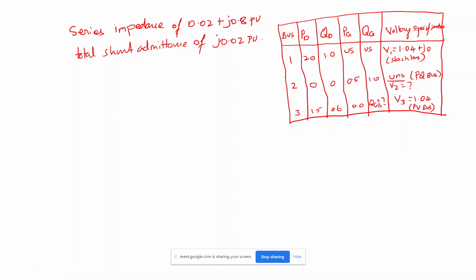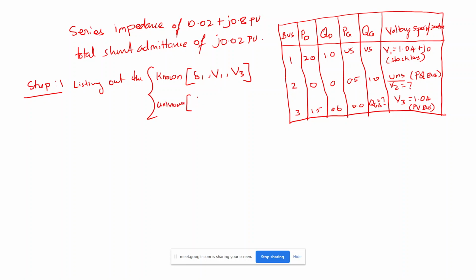The first step we need to follow is to list them out. So that is step 1. From this question we need to find out what are all the unknowns and what are the knowns. What are the knowns? We know del 1. We know V1 and we know V3. So these are all the known things. And what are the unknowns?